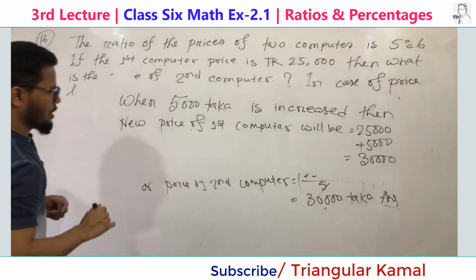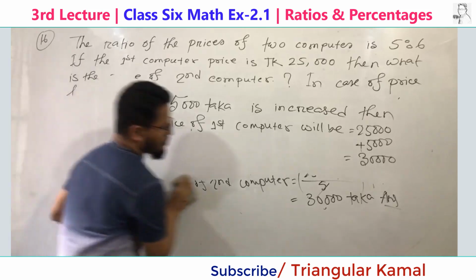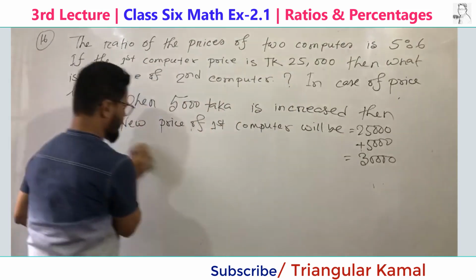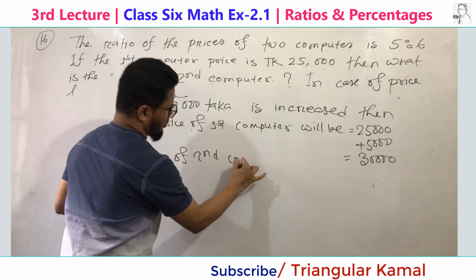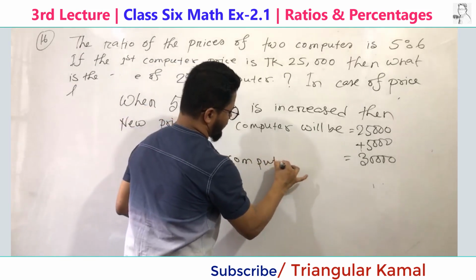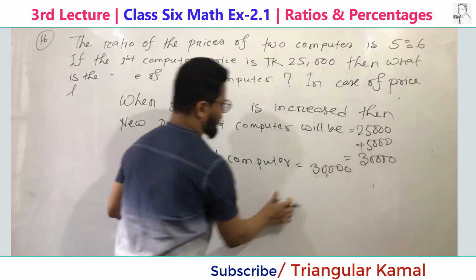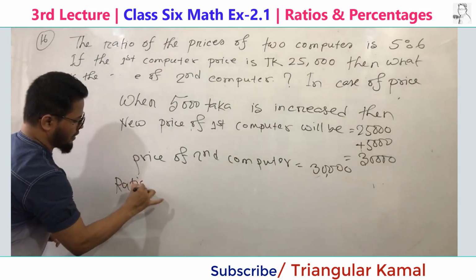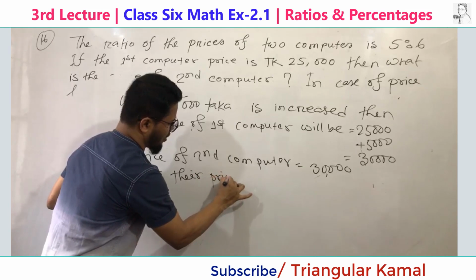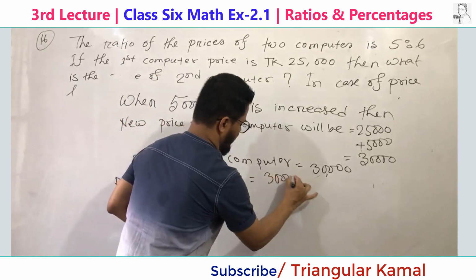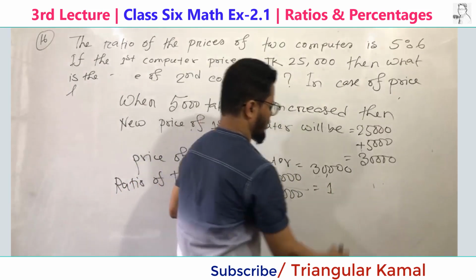Here the price of the second computer is also 30,000 taka. The ratio of their prices is 30,000 divided by 30,000 equals 1. So